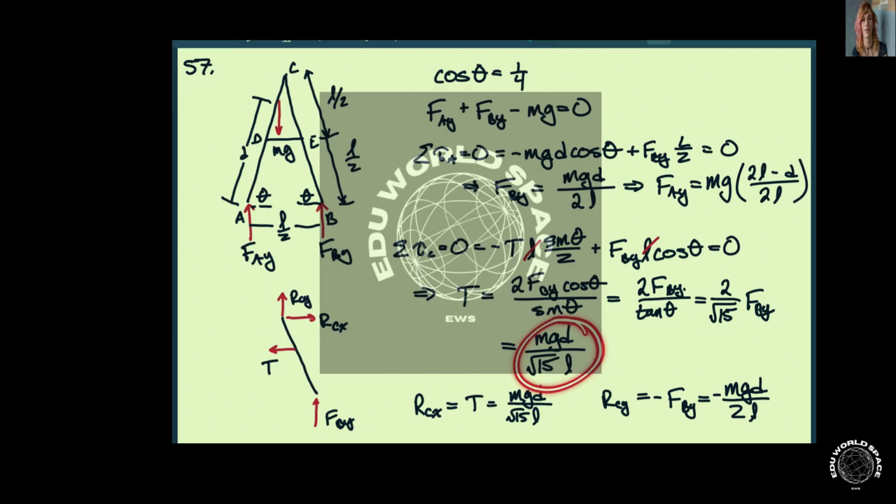So we wind up with the tension, the force in this member here, is mg times d divided by the square root of 15 divided by the length. So some of these things that we should look at is, we can see that obviously as the person's mass goes up, this goes up, and so does this. As they get higher and higher on the ladder, this goes up,